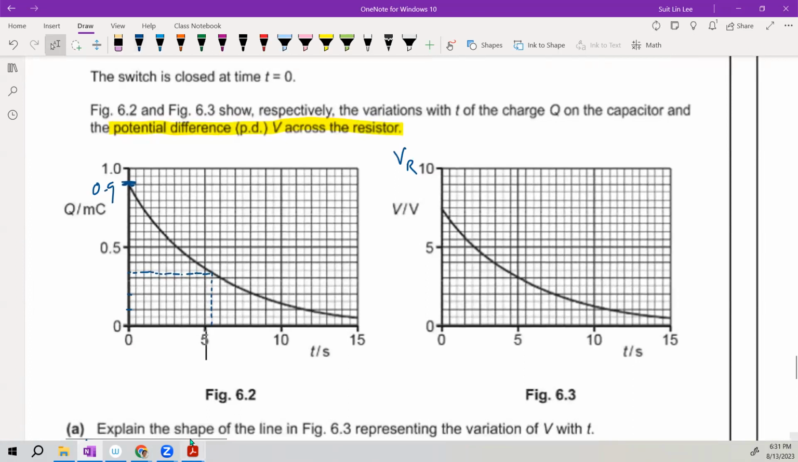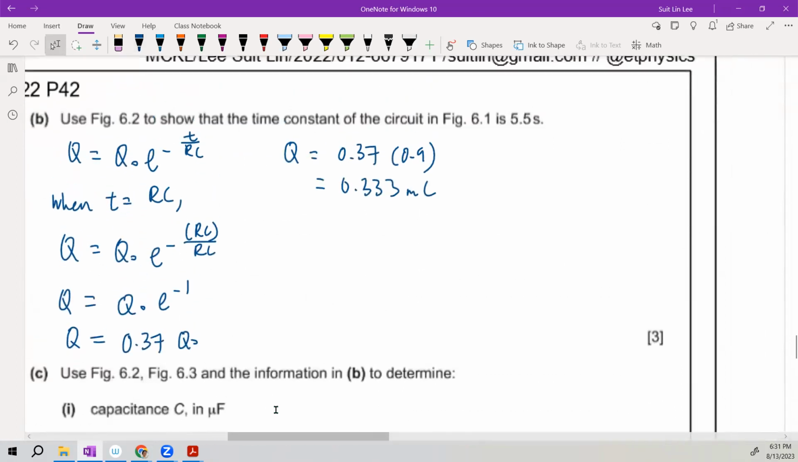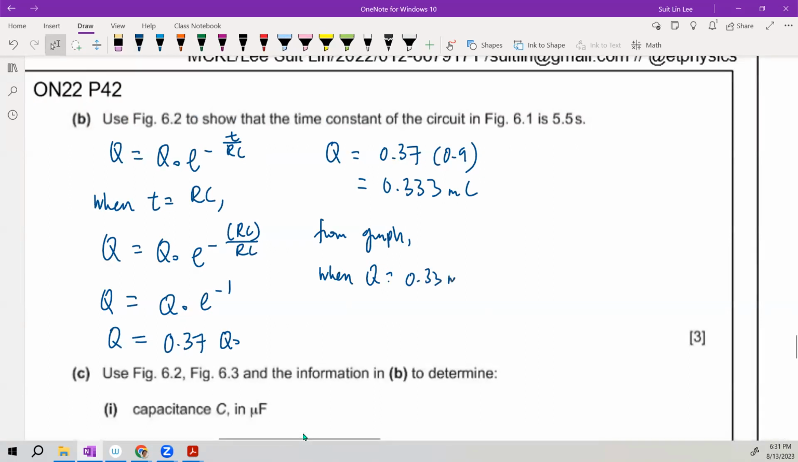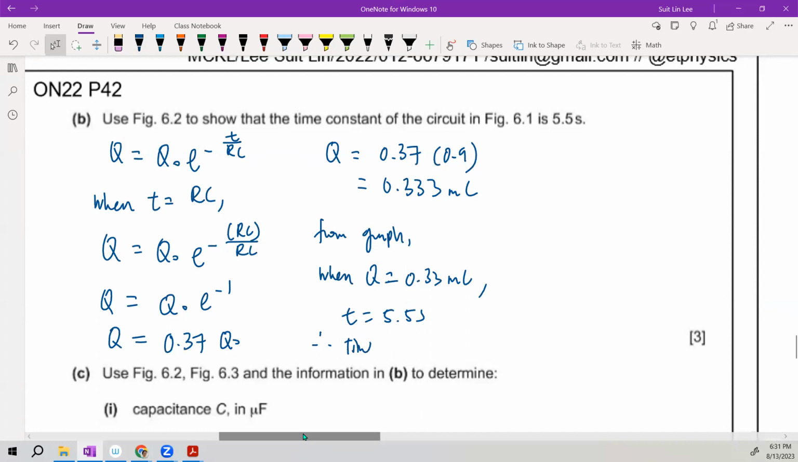So this is one method. Read directly from the graph. The time is 5.5 seconds. So from graph, when Q is 0.33 millicoulomb, the time is 5.5 seconds. Hence, time constant is 5.5 seconds. Or